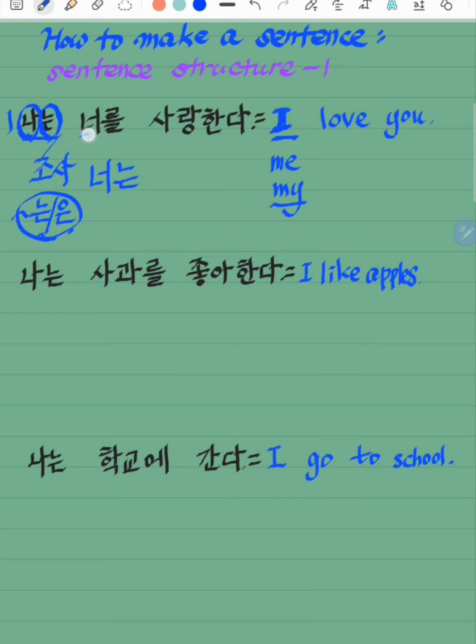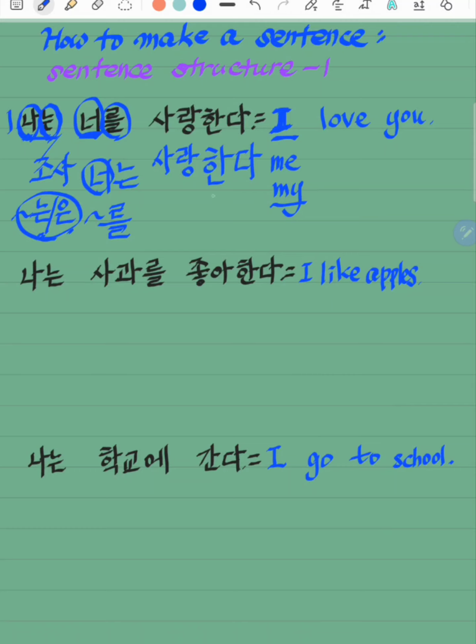나는 너를, here 너 means you. And here you can see the grammar particle 를. So when you put 를 at the end of the pronoun, it makes the object form. Instead of me, 나는 너를 사랑한다. 사랑하다 is the basic form, and here they added 니은. 사랑한다. It means in reality this